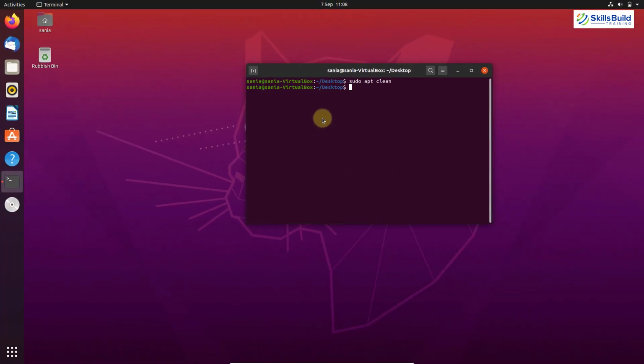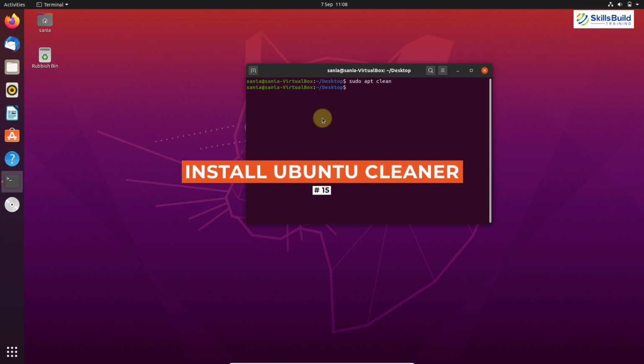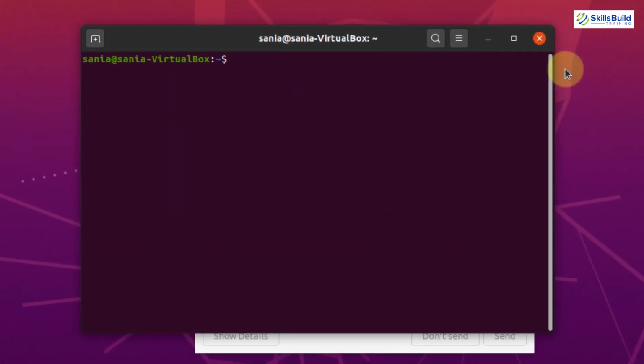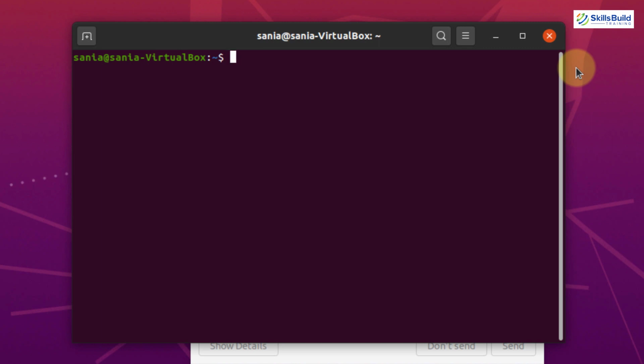So that is how you can use the commands for system cleanup, and along with that, you should install Ubuntu Cleaner. CCleaner is one of the best and most used applications on Windows to free up some space. Well, unfortunately, CCleaner is not available for Ubuntu, but there is a reliable alternative, that is Ubuntu Cleaner. Now in order to install Ubuntu Cleaner, first install the software-properties-common package, which helps to add PPAs.